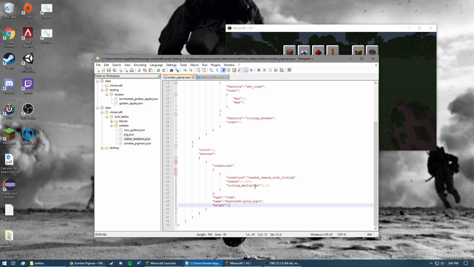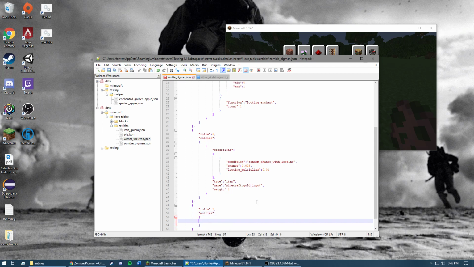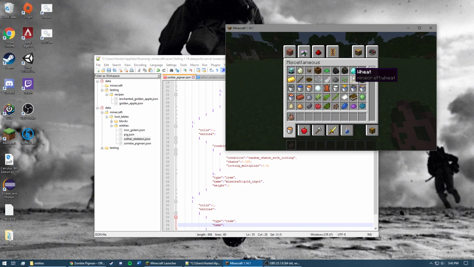I just want it to drop 1, so this should work as is. And then as for adding in stuff that isn't existent within the default loot table, it's just adding another tag. So rolls 1, entries, make a list, compound tag, set the type to item, set the name to, and I actually don't know what quartz is called in game,